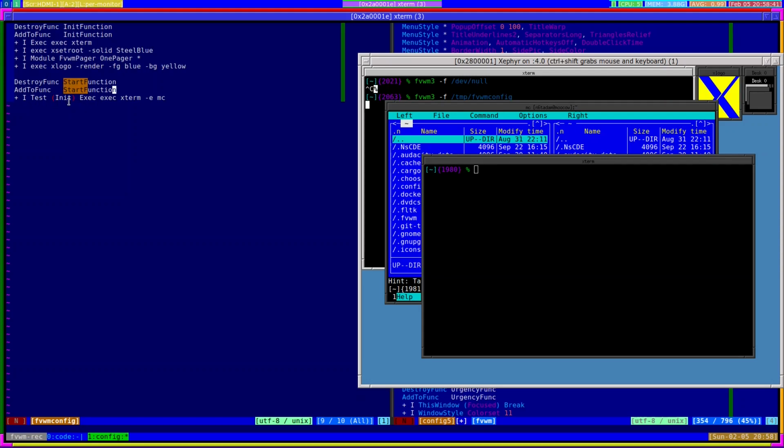And the reason we can do that is because this test command, this test operator, has conditions whereby if you're restarting, you can test for that in the same way you can test for init as well. And implicitly, start function runs when you restart Fvwm as well. So if we changed our start function to just that,